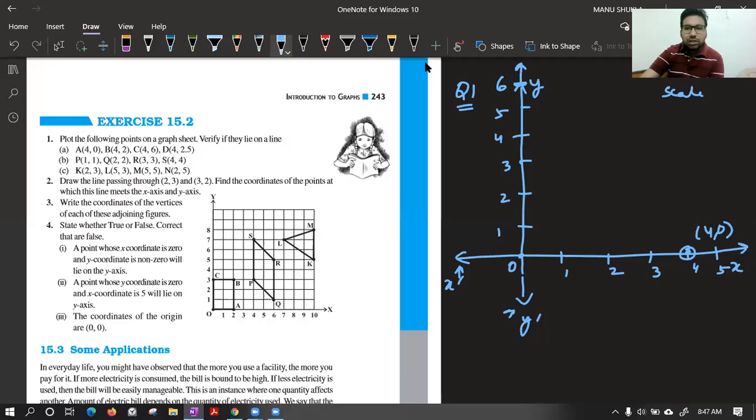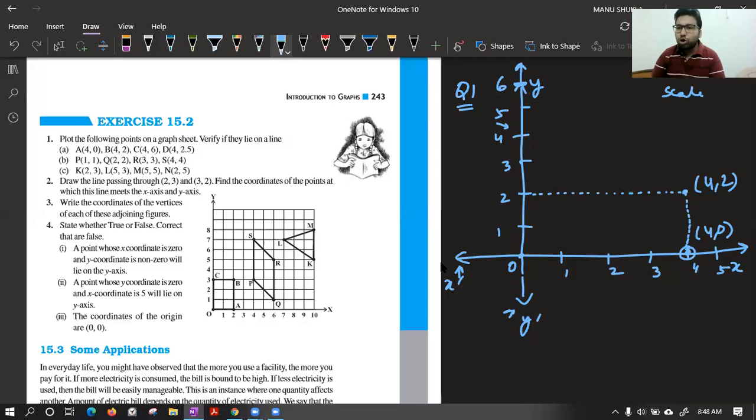If we have a point 0 comma 4, class, in case we had a point 0 comma 4, it must be lying on y axis. Yes, because in that x is 0, y is given to you as 4, that point will lie on this point. So for knowledge only I told you this thing. Okay, now the second point is 4 comma 2. So 4 on x axis already taken and 2 on this. So you will use a scale like this or use a graph paper that will help you, and you will extend this like this. The point of intersection is this one. So this is the point 4 comma 2, the second point.